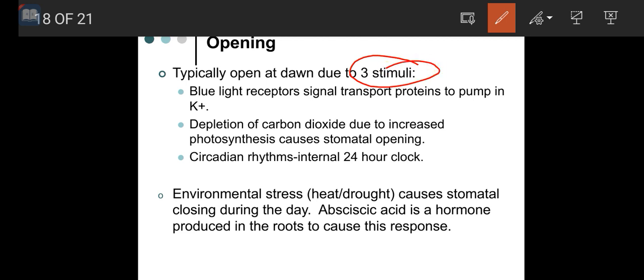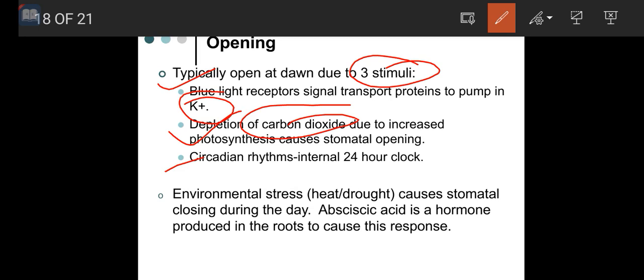First, blue light receptors signal transport proteins to pump in K plus ions, potassium. Depletion of carbon dioxide due to increasing photosynthesis causes stomatal opening. So the three stimuli: firstly, blue light; second, depleted carbon dioxide due to increasing photosynthesis; and third one is